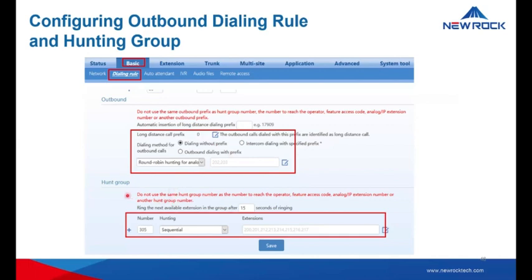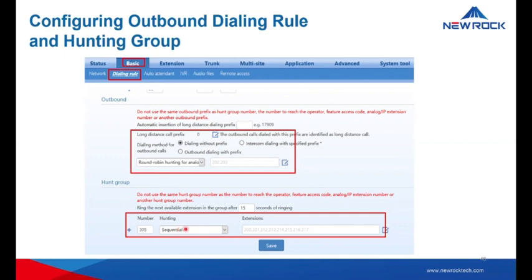Here you can also set the hunt group. For the hunt group, you select the hunting method. Say for example, sequential means terminate the incoming call to the first available extension. So meaning 200, then the next one, 201, 212. Then if you select circular, it means terminate the incoming call in round robin order.